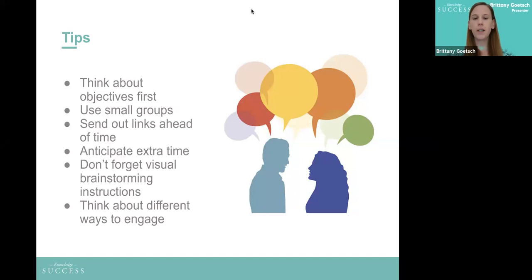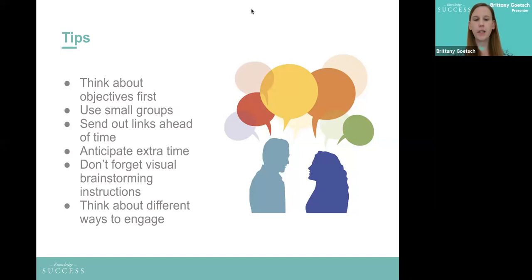The second tip is to use small groups. It's recommended if using visual brainstorming during a virtual event live, as in participants would be adding things in real time on a virtual meeting, workshop, to keep the group relatively small. Or anticipate breaking into smaller groups for visual brainstorming activities. This could be done using the Zoom function that Anne mentioned for knowledge cafes. So the breakout rooms on Zoom can be applied for a visual brainstorming activity as well, and having smaller groups walk through a visual brainstorming